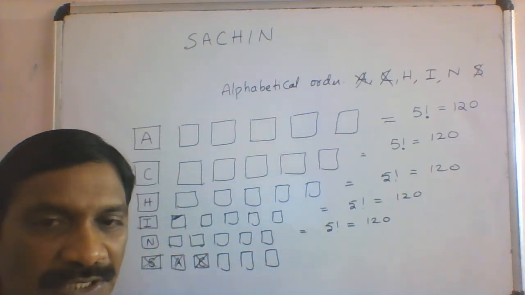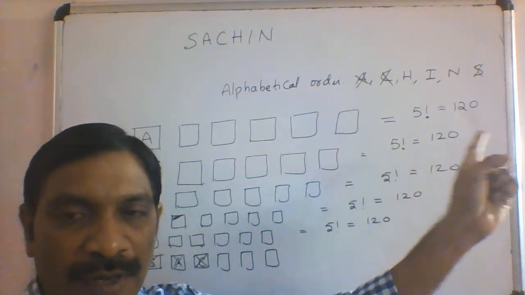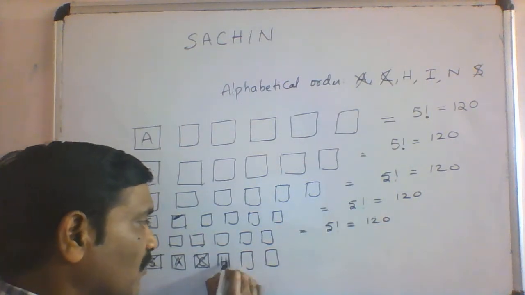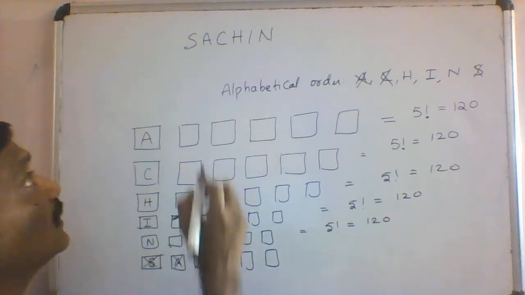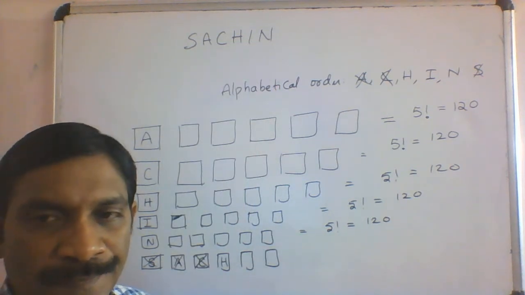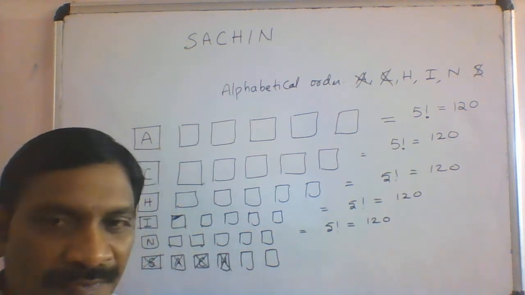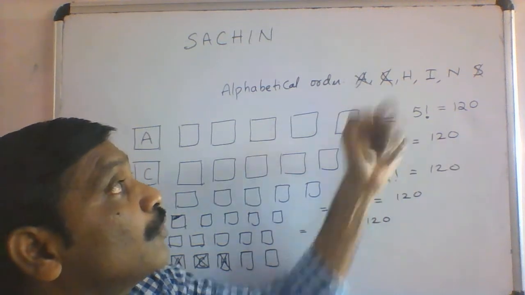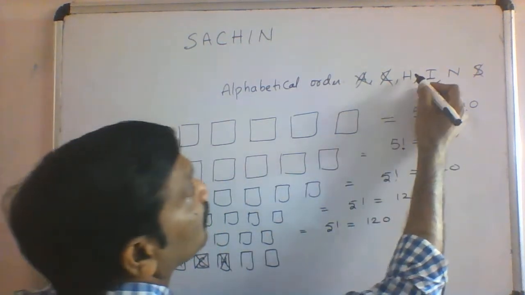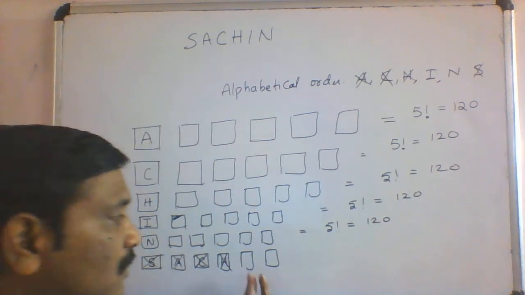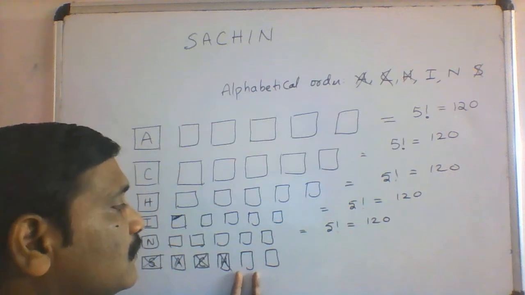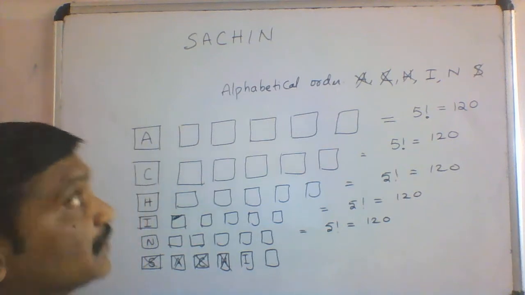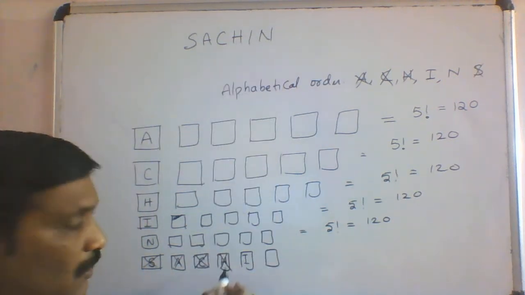Now start searching for the fourth letter in alphabetical order. In alphabetical order, which is the first letter left there? H. And see for the required letter in the fourth position. Yeah, required letter is also H. So you can block that one also. Again, start searching for the fifth place in alphabetical order. Since I blocked H here, don't forget to cut this. Now for the fifth position, first one is I there. Keep I. See the required letter in that position. In that position, required letter is I only. So block that one also.